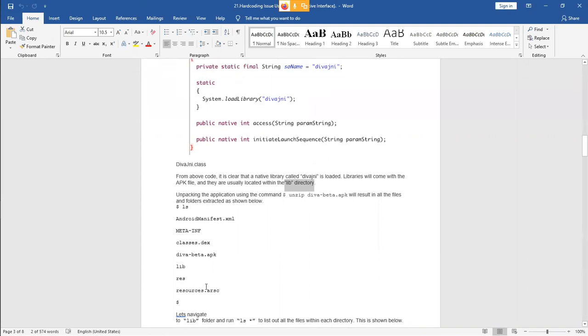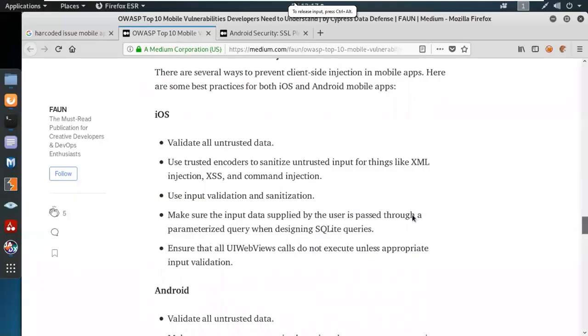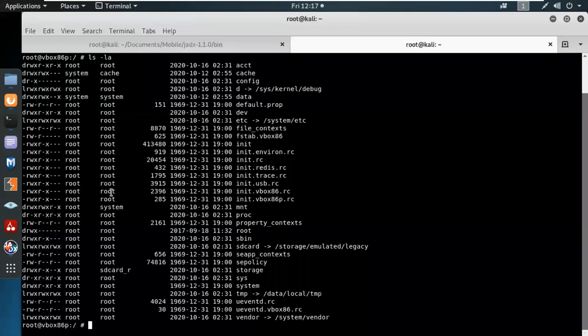So you can see they have given a proper file that you have to go over on the server side, on the application part. Sometimes some sensitive information can be revealed on the server side also. So what are we going to do? We are on the server, so we're going to go to the data,